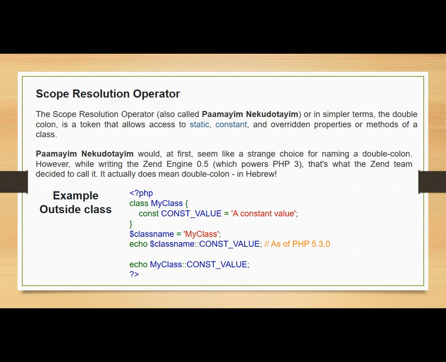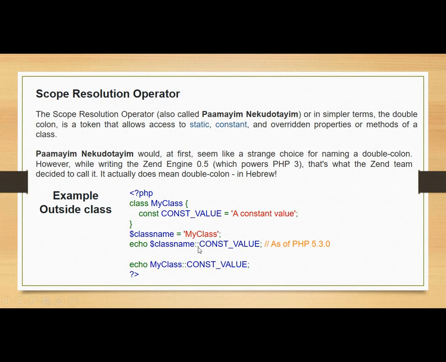This particular concept was introduced into PHP by the Zend Engine 0.5 after the development of PHP 3. The scope resolution operator can be written in two different ways, that is from outside the class and from inside the class. In this slide I have demonstrated an example